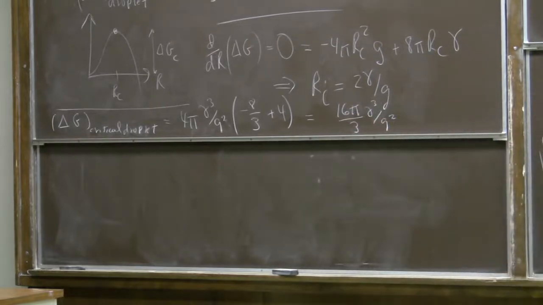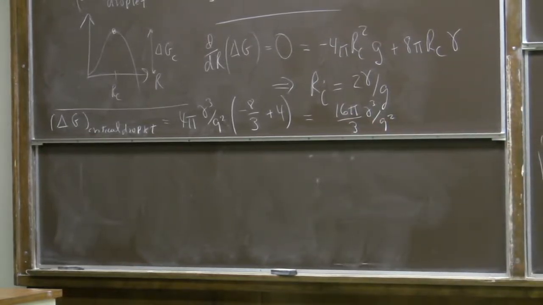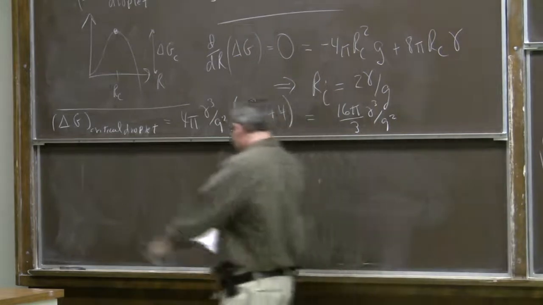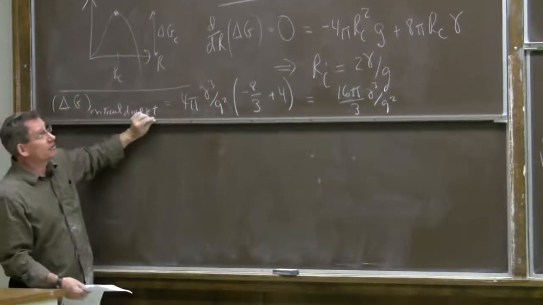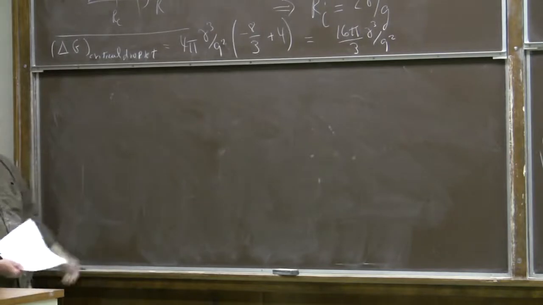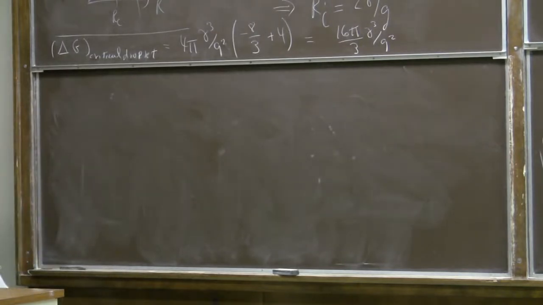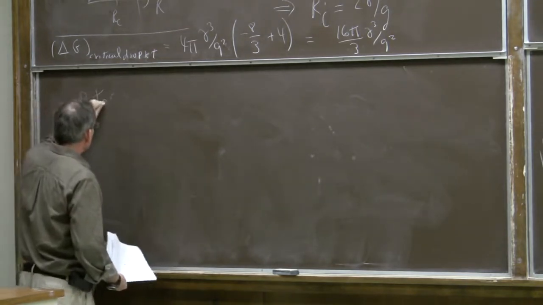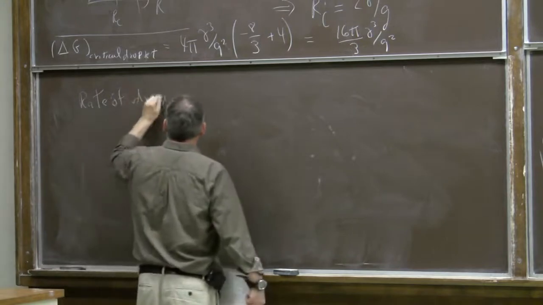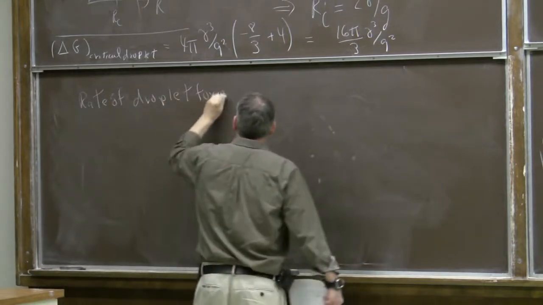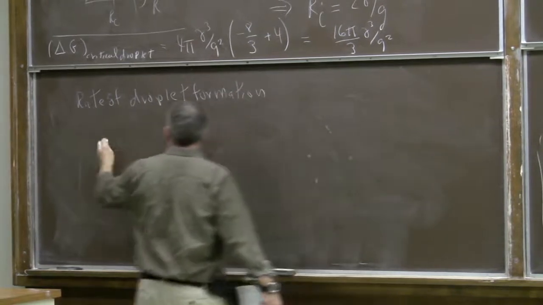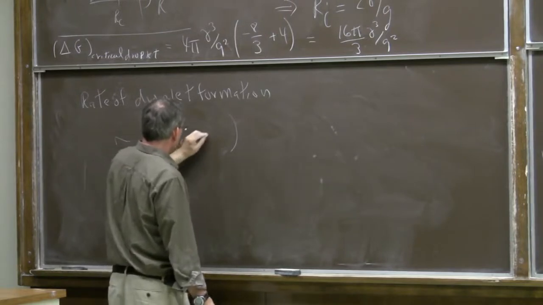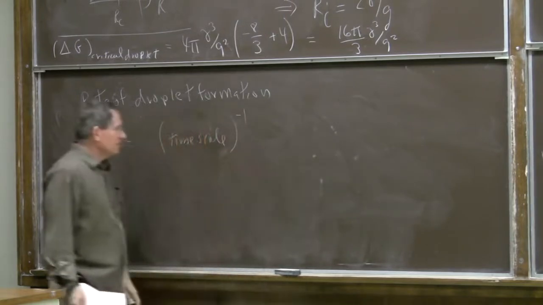So we're going to have to pay a price in Gibbs free energy, this big a price, before we can make a droplet which is big enough. And so we have to wait for a fluctuation to occur in which a large deviation from equilibrium in Gibbs free energy occurs. So the rate of droplet formation will go like some characteristic time scale for fluctuations, which I won't try to estimate because that's harder, 1 over that time scale,